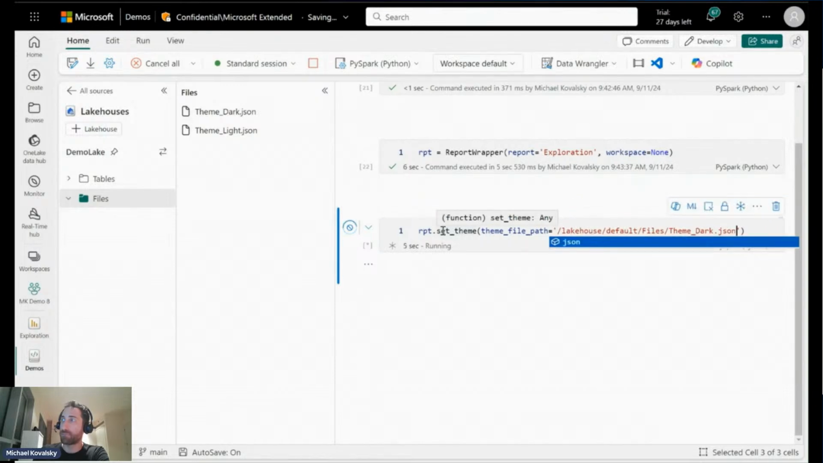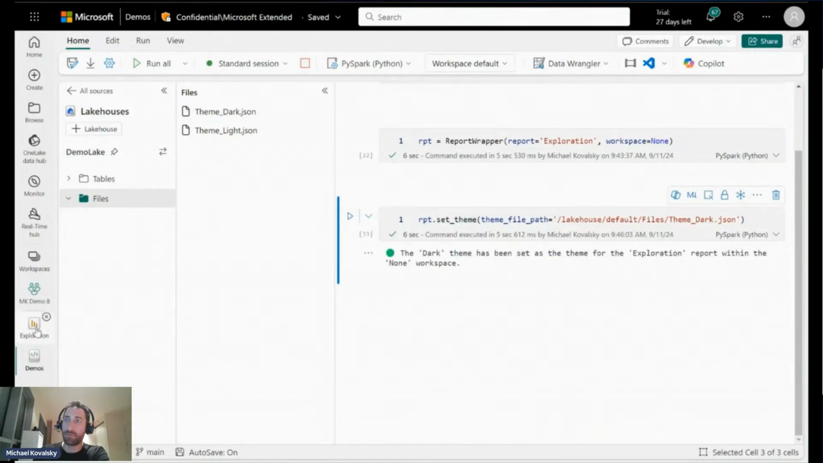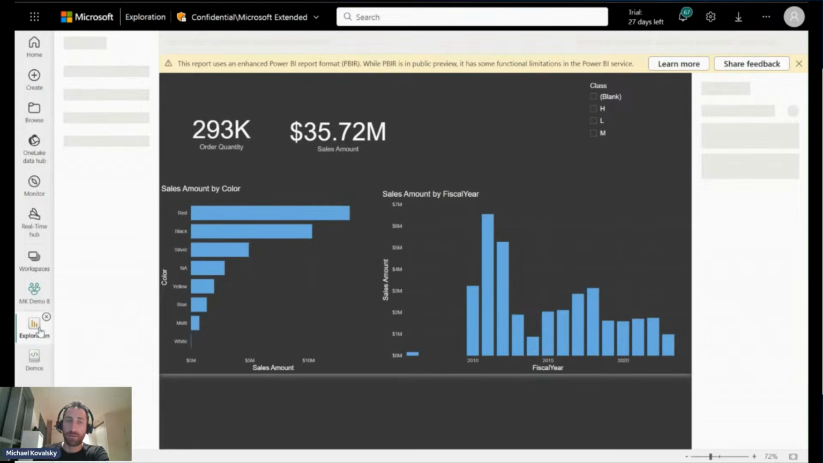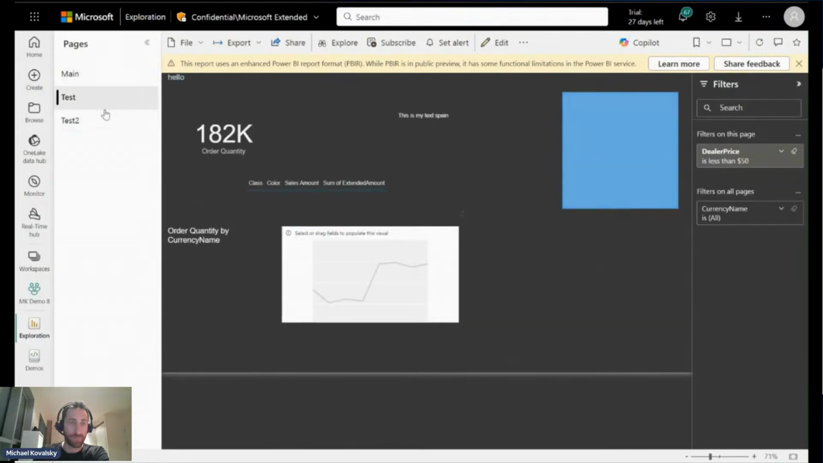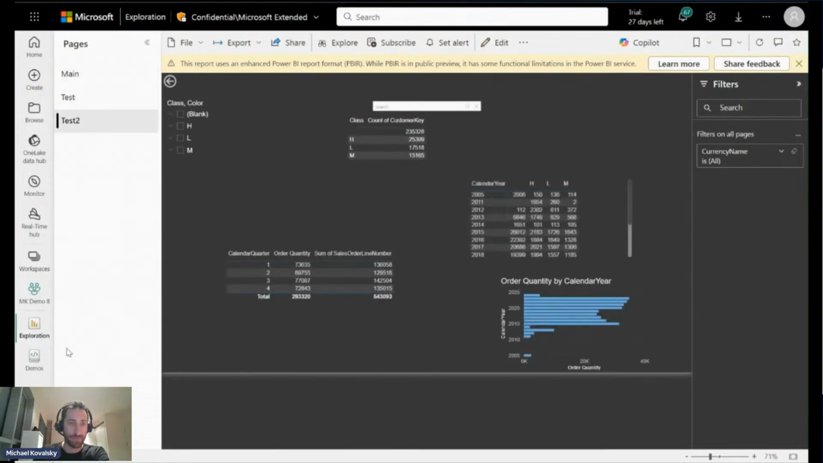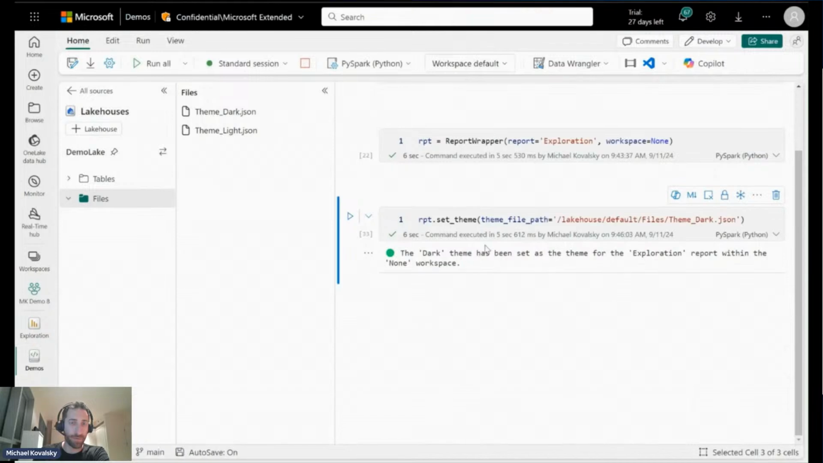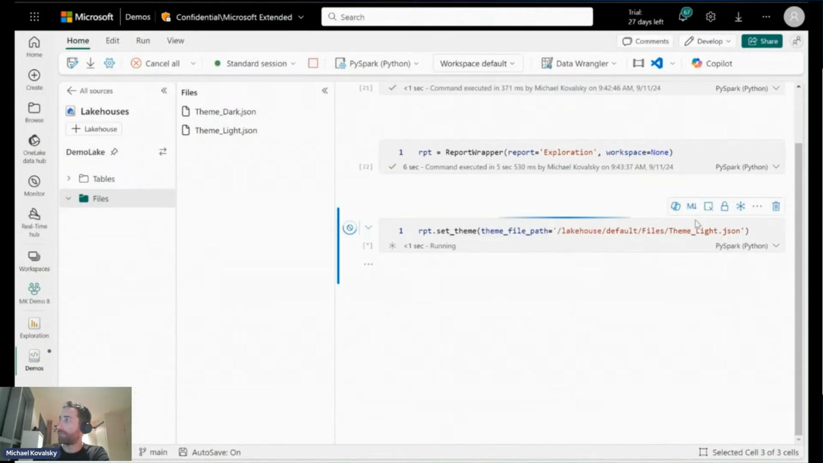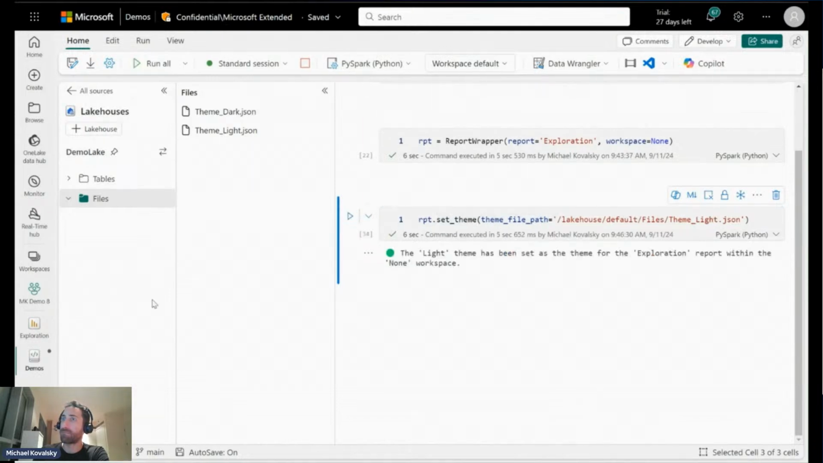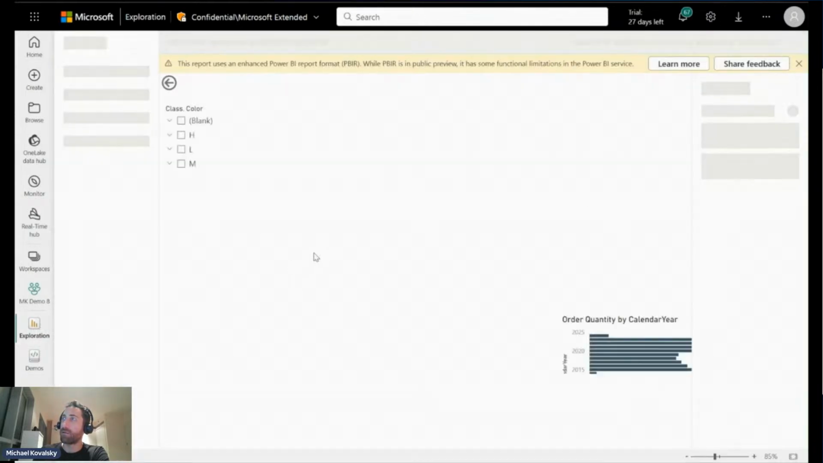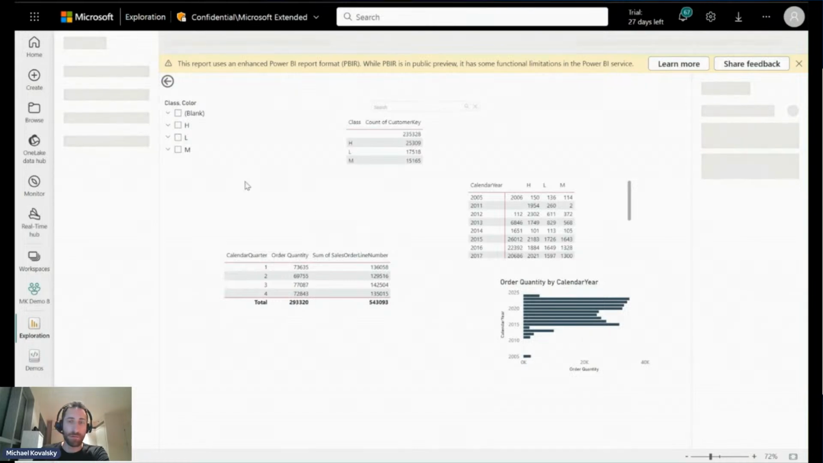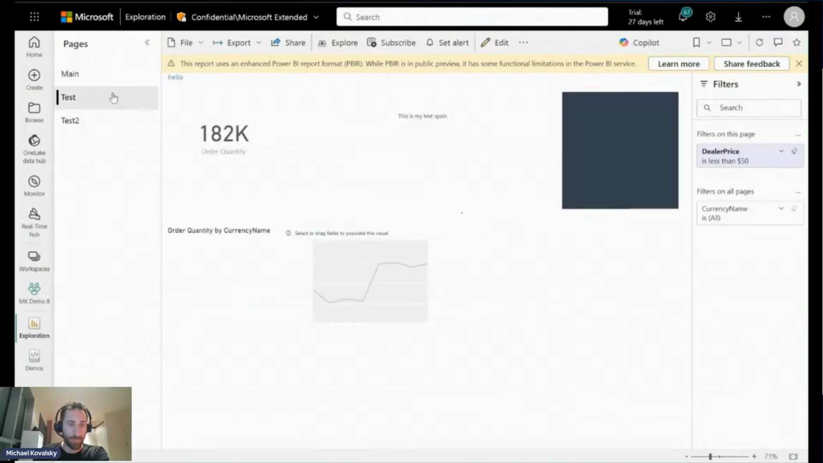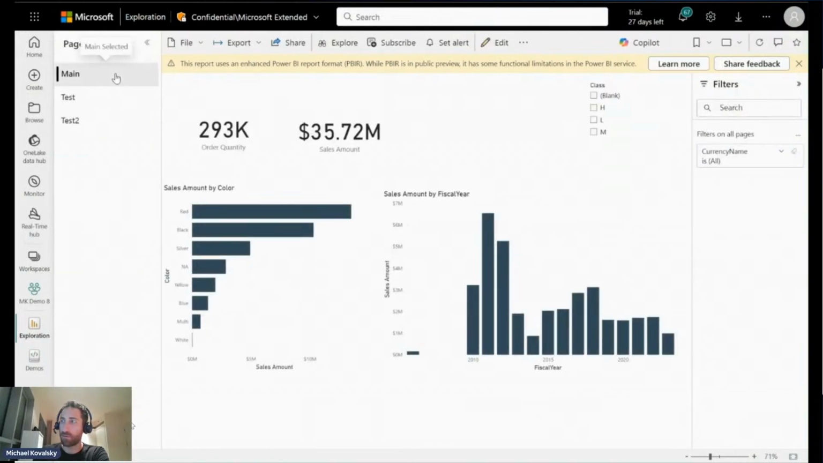We run the function. A few seconds later, we open up our report, and it's now in dark mode, just like that. We didn't open up Power BI Desktop, didn't open up Power BI on the web. It's just done. Let's set it back to light. Let's set to light mode. And it's done. In the time it takes to open up Power BI Desktop and do this for one